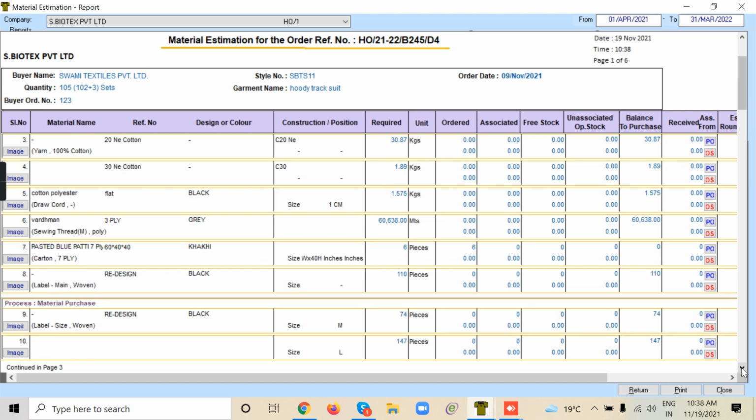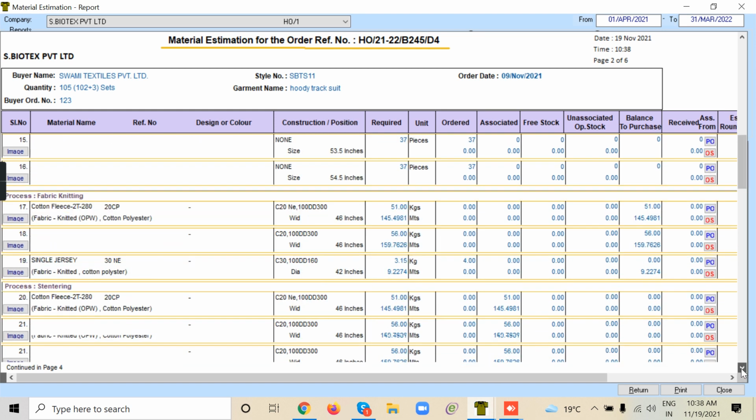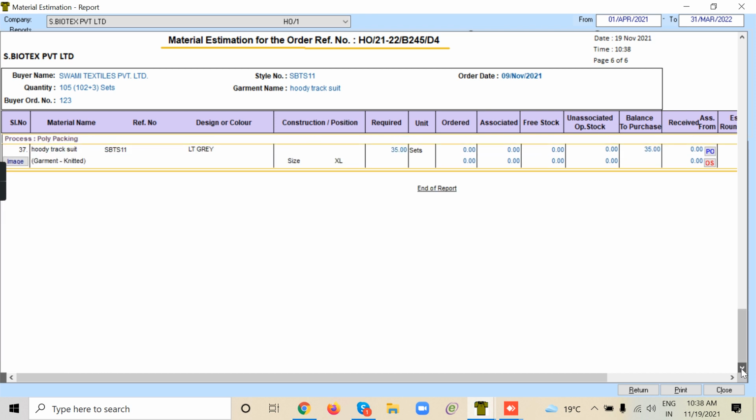Then this one cotton blue putty 7 ply pasted 6 pieces. These are all the requirements. Okay. Requirements under material purchase. That is, these are all finished raw material which you are purchasing directly.